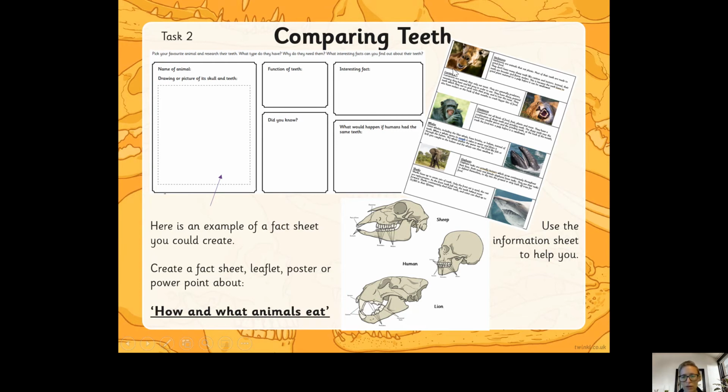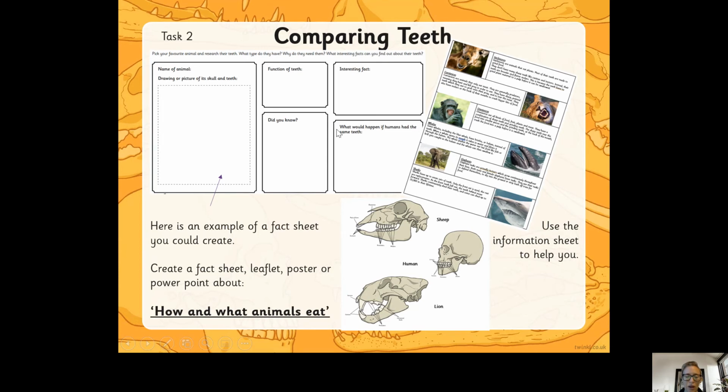The giraffe has, you can't really see them there, but it has those big molars. It might have some incisors and some molars. It doesn't need any canines. It's not going to do any ripping. Its incisors will cut the leaves, and then the big molars at the back will grind them up. And why is it that it's got those teeth? Okay, so here's an example of a fact sheet. If you wanted to, you could draw a picture, you could say what teeth it's got, some facts about it,